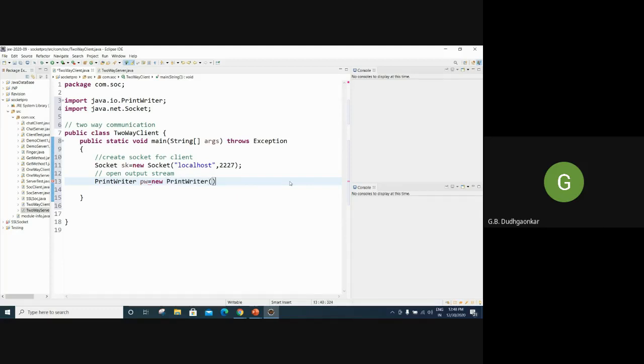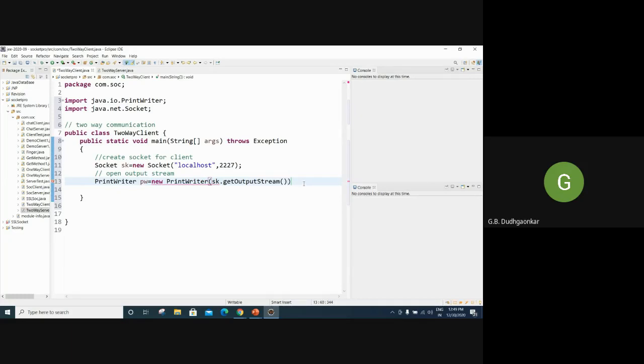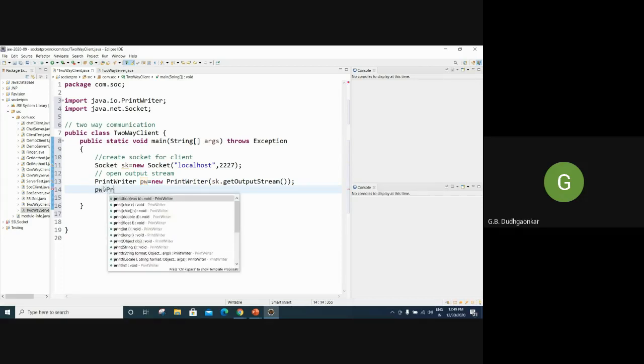We will rectify what happens. PrintWriter sk dot. Okay, so I am using input stream. So it is not input stream, it is output stream, because it is a writer, we are writing something, we are not reading something. So this stream we are enabling now. So we are creating an object of this PrintWriter, that is PW, so that it can be used to pass the message. Now pass the message immediately so that we will get an idea.